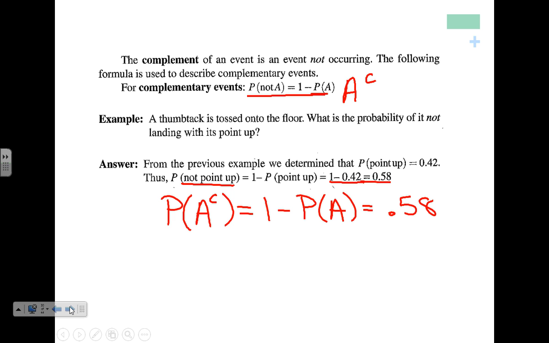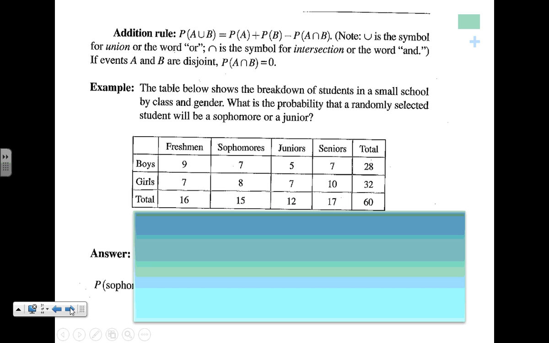but make sure you know what a complement is. If A is the probability of it raining, the complement, of course, would be the probability that it does not rain. Okay, here before we look at this problem, I want to discuss a little bit what mutually exclusive or disjoint means.